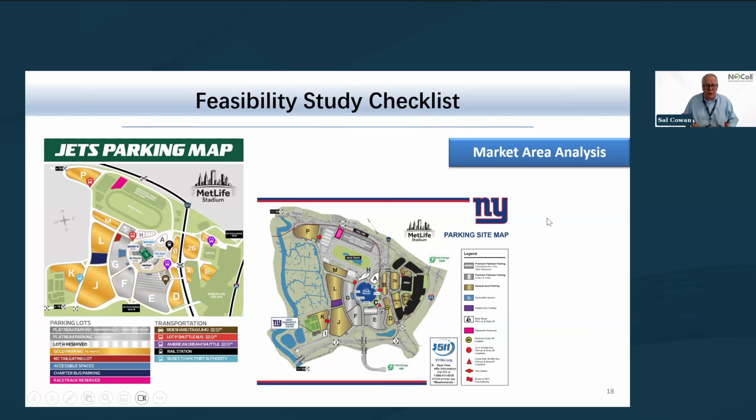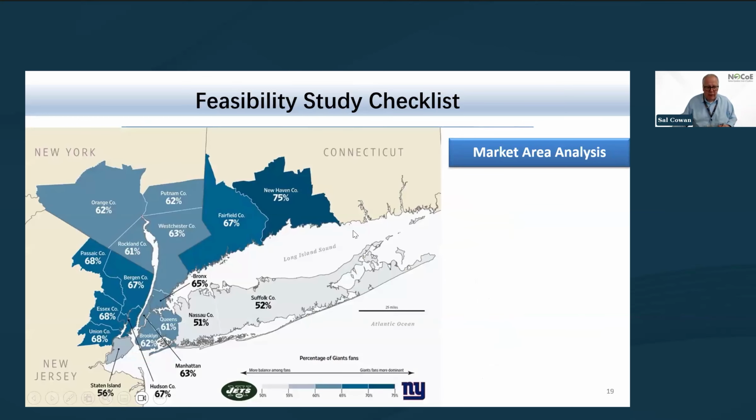The way we see it, this is understanding your audience going to the event, but you can't forget the market in which the event is taking place. So for regular event participants, such as football fans, for either the Jets or the Giants, MetLife Stadium has created these team-specific parking maps to help guide people to get to their area. So you have two New York teams sharing the same stadium. Where do the fans come from?